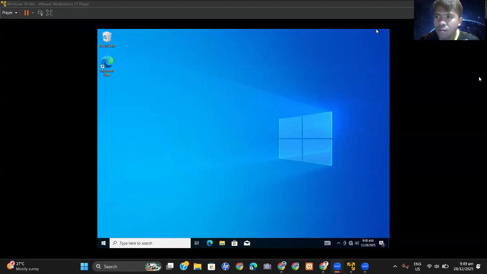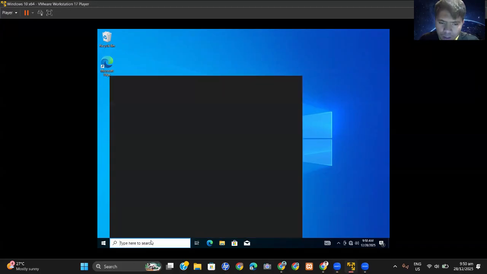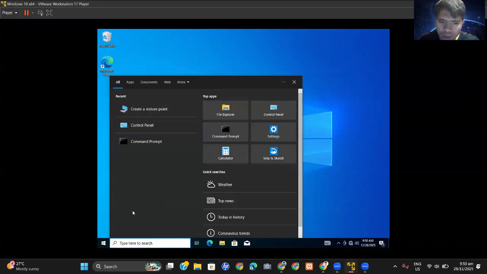So now, I will demonstrate to you the COC4, which is maintain, backup, and restore. So here in the system we have to do something. The first part we should do is create a restore point. So just type create a restore point here in the search bar. So I have typed it here.